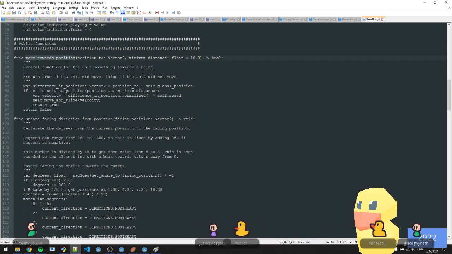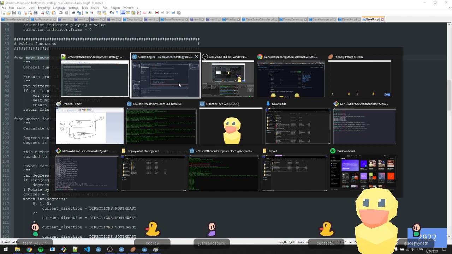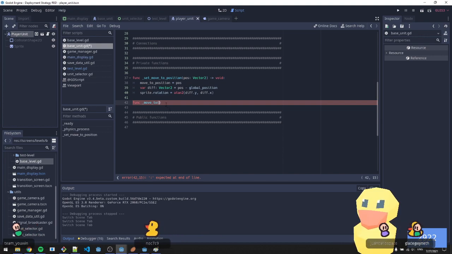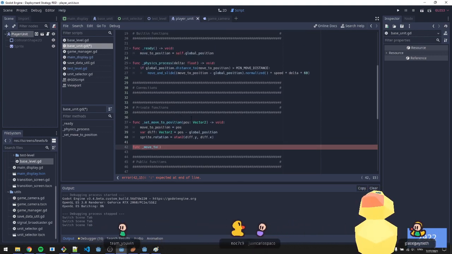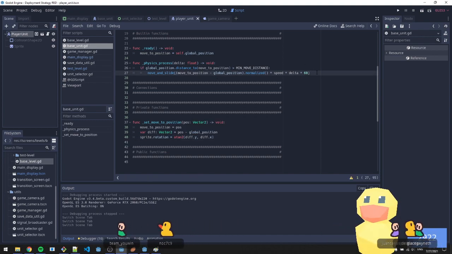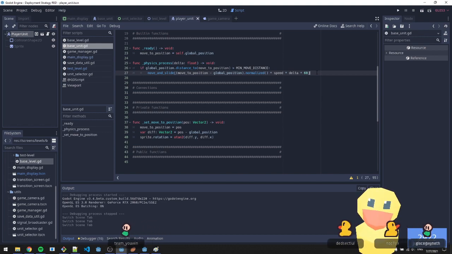Move towards, yeah, so this is what I want. Move towards position. Unit. Yeah, I think this works. Well, I think we should just auto space here, right? Because these all use, yeah, this is just base unit. This isn't even like player unit specific stuff. So move to, maybe not. Maybe we can just do this. We just use the move to position, and then just move and slide, and then we can check your slide